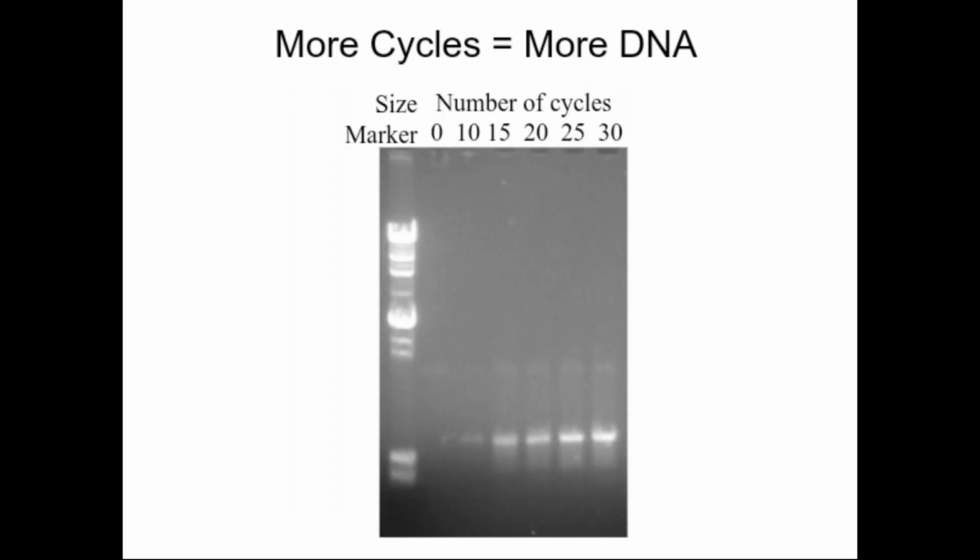In this PCR reaction, the number of cycles is directly proportional to the concentration of DNA. When we set more cycles, we get a higher concentration of DNA. On this slide you can observe 0, then 10 cycles, 15 cycles, 20 cycles, 25 and 35. You can observe that the band is very prominent at 30 cycles. In the samples in which 30 cycles were completed, we get a high concentration of DNA.